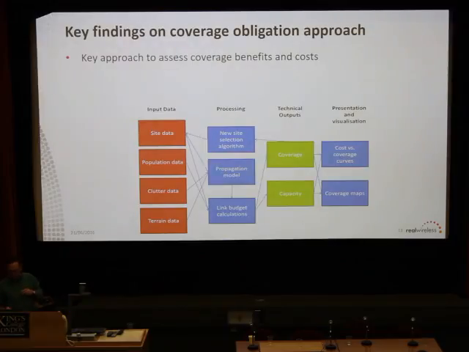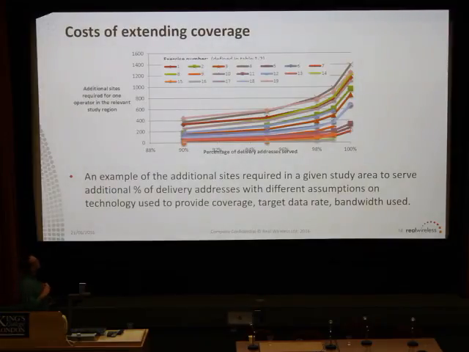The bottom line is that there are lots of different ways in which you can do it. So you don't try to do it by hand, you come up with a model and you optimize it. For different scenarios and conditions, the different costs of increasing the coverage have this kind of characteristic shape, a hockey stick curve. Although they've all got the same characteristic shape, there are still cheaper ways of doing it than others, depending on the blend of deployment strategy you want to use and the area you're trying to cover.